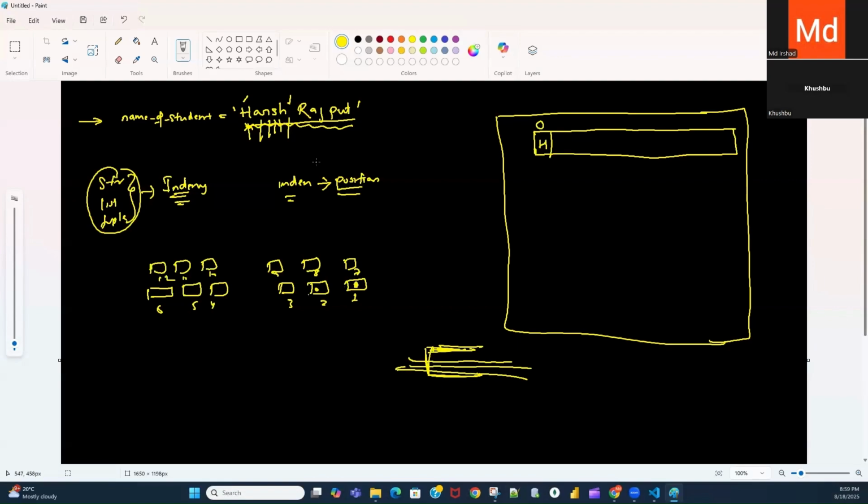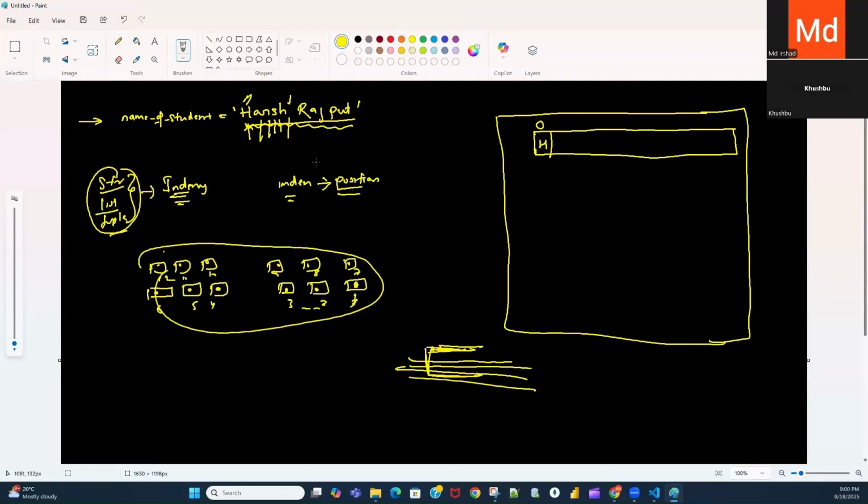When the third student comes, he will sit here. Students come one by one and sit based on their position in the sequence order. Once this fills, when the fourth student comes, he will sit here, then the next student, and the next. Similarly, string data, list data, and tuple also work like this. So here the first character is H.